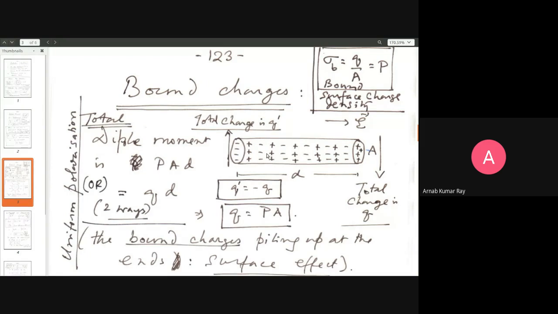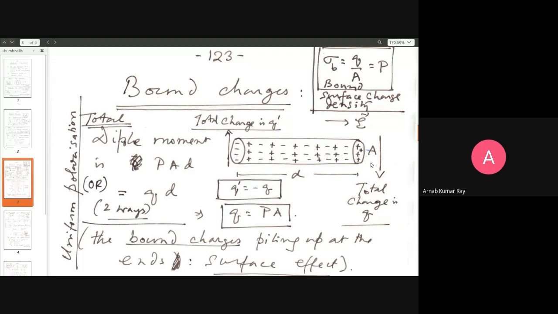So as if suddenly this rod has got overall charge neutrality in the middle region, but at the end there is an uncancelled collection of positive charges, and at this end there's an uncancelled collection of negative charges. So this whole thing has suddenly become like a giant dipole, a plus end at one side and a minus end at the other. Okay, let us now try to look at it in greater detail.